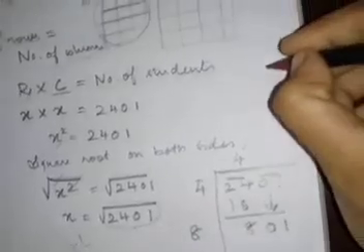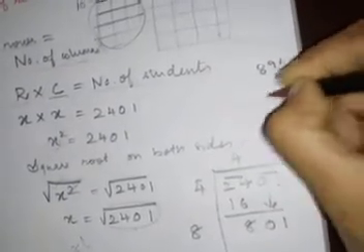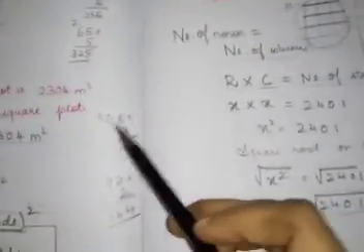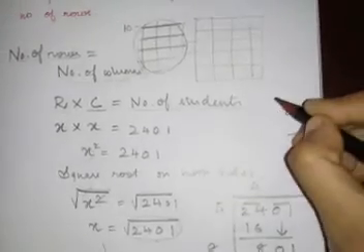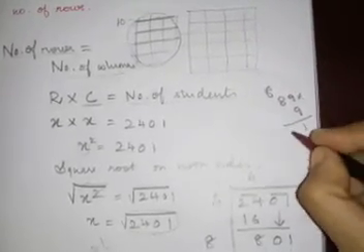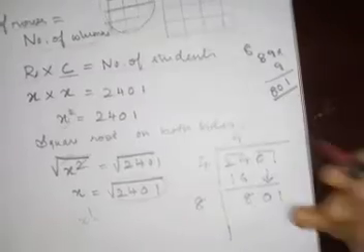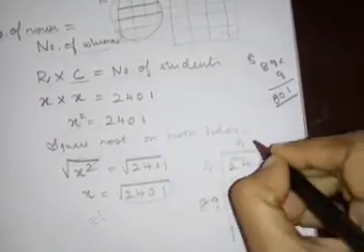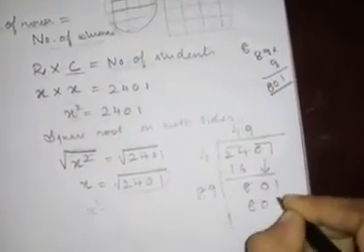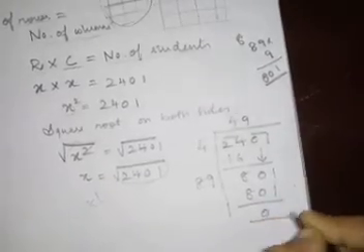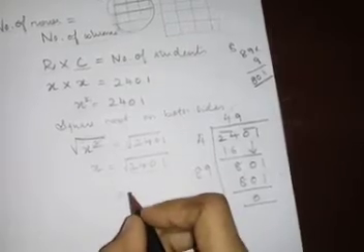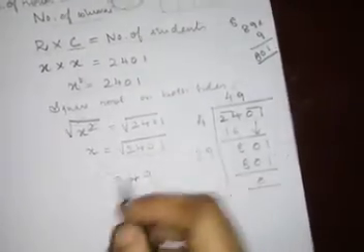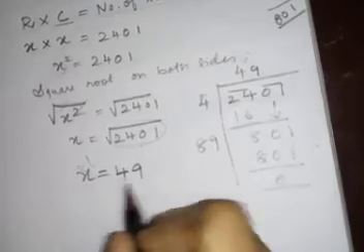Yes, we will start with 89 into 9, because in the last problem 88 into 8 was 704, which is less than 801. So 89 into 9: 9 9s are 81, 8 9s are 72, 801. Yes, we got it. So 89 into 9 is 801. Remainder 0. So what is the square root of 2401? It is nothing but 49. So what is the x value, children?